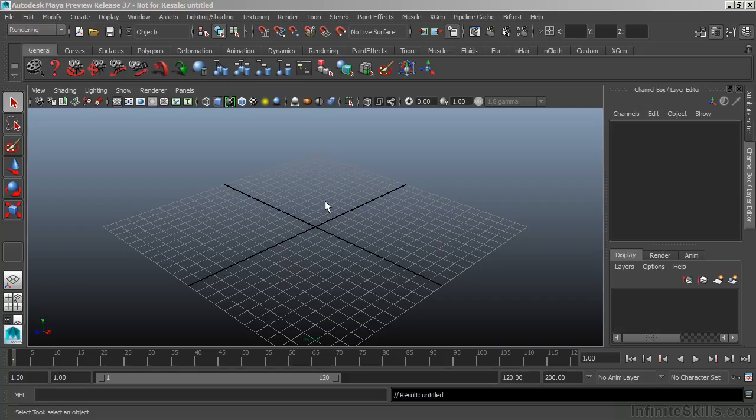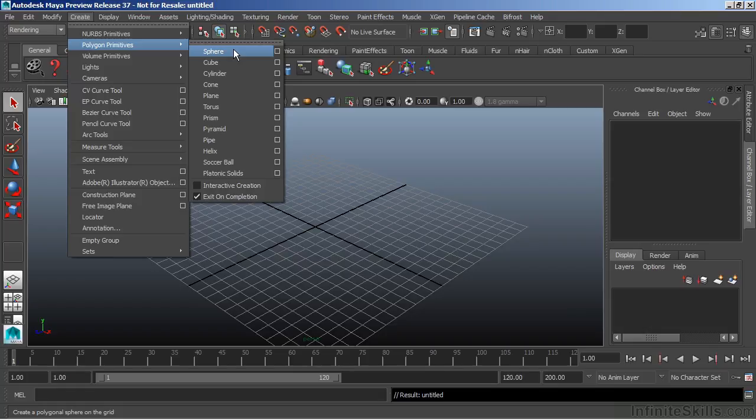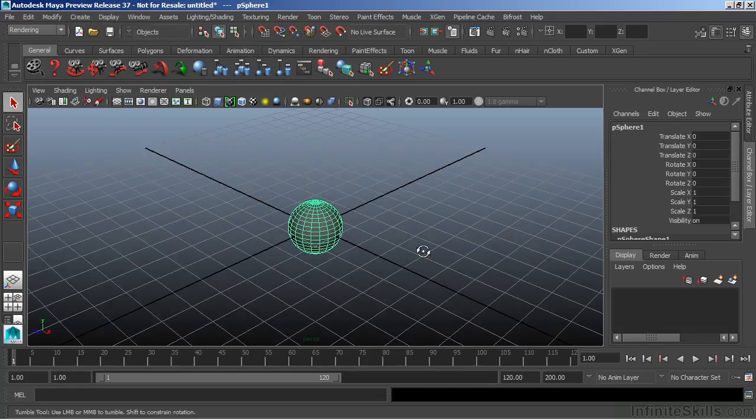In this video, we're going to take a look at setting keyframes. Keyframes are the basis for creating any type of animation inside of Maya. To look at how to establish a keyframe, we're going to build a small little animation of a sphere just bouncing up and down. I'm going to start by going to Create, Polygon Primitives, Sphere, and we get our basic